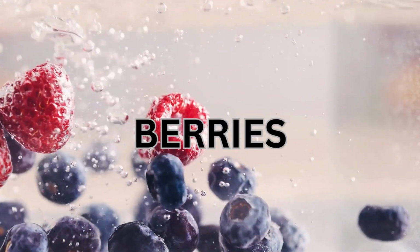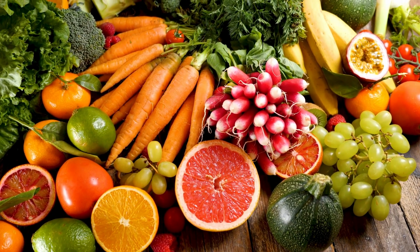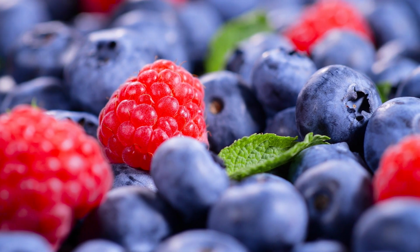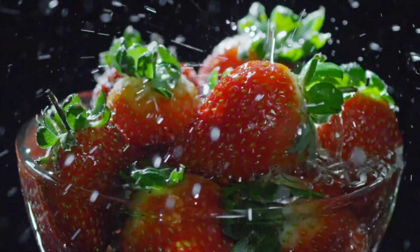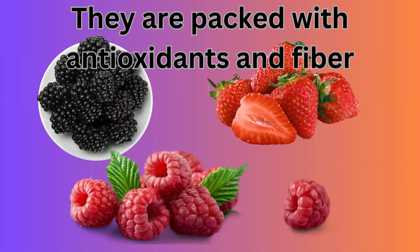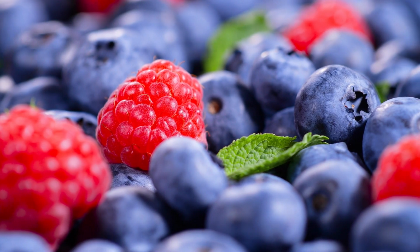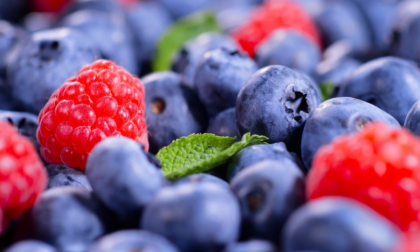Number 10. Berries in moderation. While most fruits are restricted on a keto diet due to their high sugar content, some berries can be enjoyed in moderation. Options like raspberries, blackberries, and strawberries are relatively low in carbs and sugar when compared to other fruits. They are also packed with antioxidants and fiber, which can aid in digestion and promote overall health. Incorporating a small serving of berries into your keto meal plan as an occasional treat can satisfy your sweet tooth